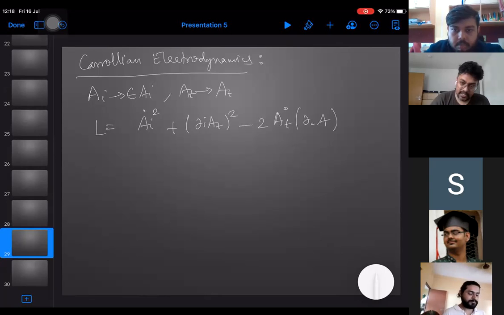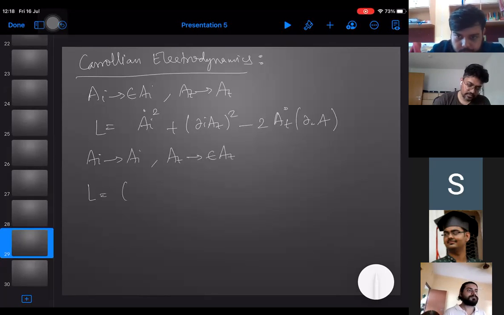And in the other case, where you take epsilon A_t, the Lagrangian here becomes this, plus